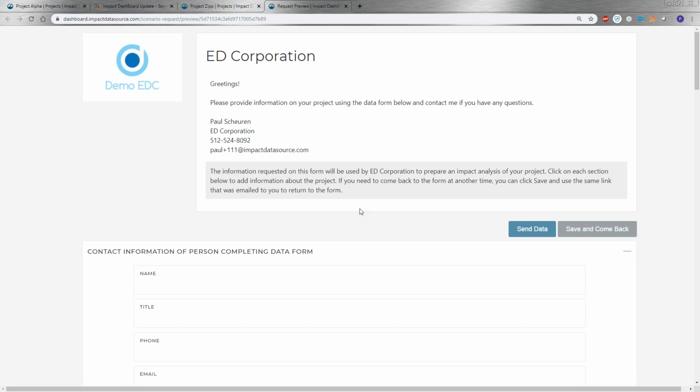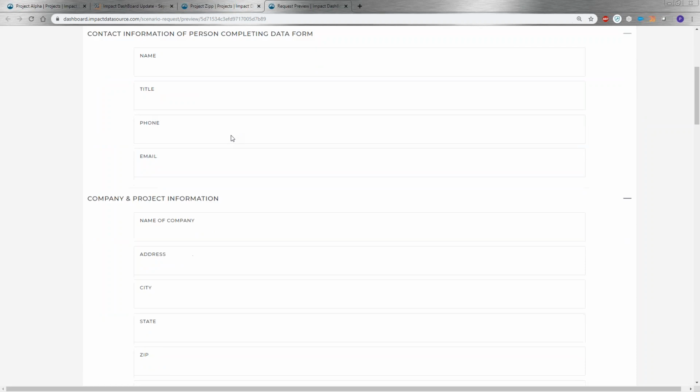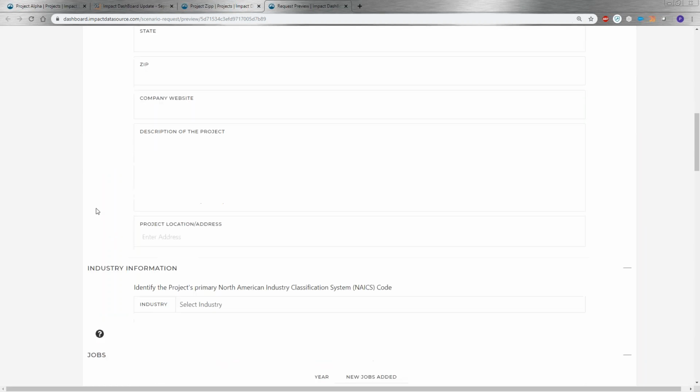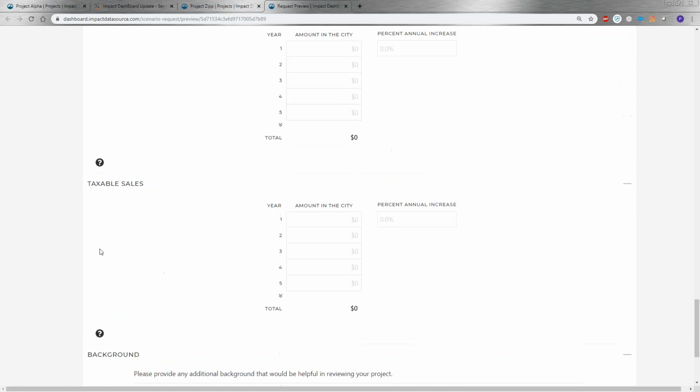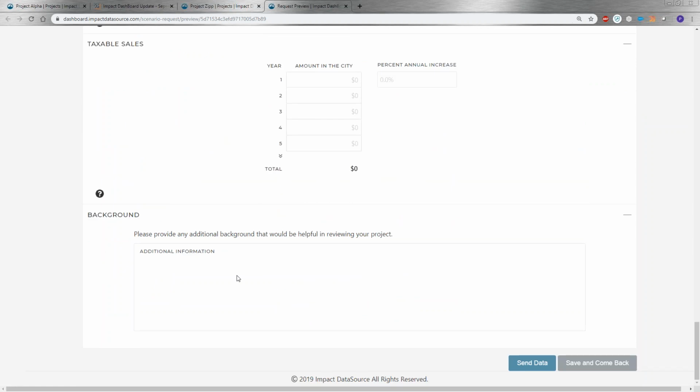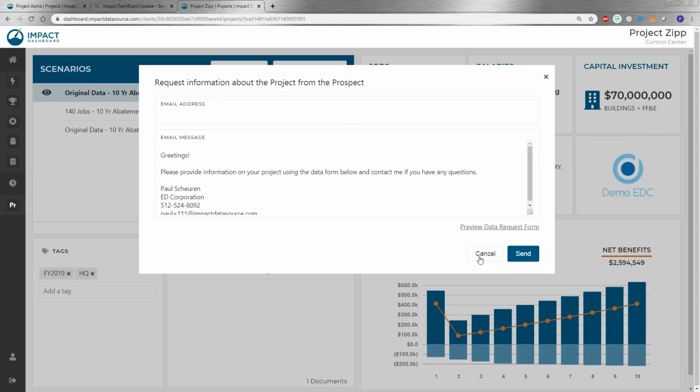So this has my branding on it. This is my demo account, my demo EDC. And if I scroll down here, these are the inputs that we're asking that prospect to complete. So it's basically the same information that we would need about the project to run. So number of jobs, the salaries, capital investment. We do ask for some other background information. If they want to share some other information with us, they can do so. And they can hit send, and when they do that, that's going to send an email to you and let you know that they've completed that data request, and you can then